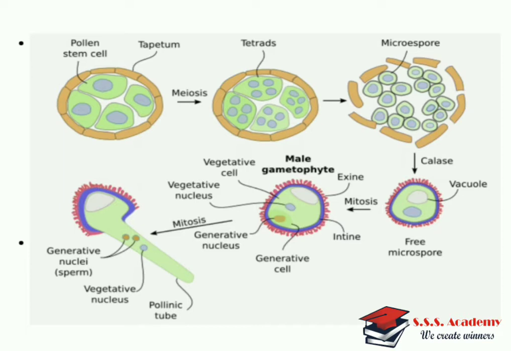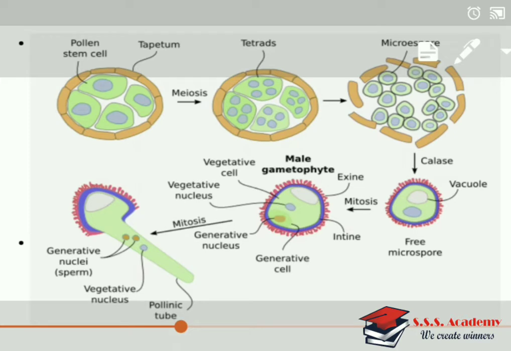Okay, so the second mitotic division takes place. So whatever that male gametophyte so formed, it undergoes second mitotic division. So if you observe the sixth diagram and the fifth diagram, in between them on an arrow we have written mitosis. So that is the second mitotic division, and it is only concerned with the generative cell, and that's why it results into formation of two non-motile male gametes. So if you observe the last diagram, sixth one, it shows you two sperm cells, that is generative nuclei, which are somewhat yellow colored, and next to that there is a vegetative cell as it is, and there is a pollen tube which comes out through that anther.